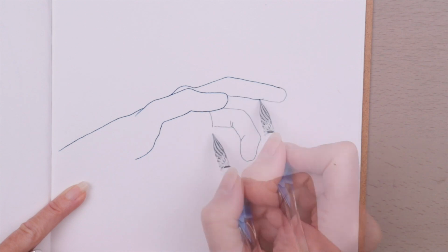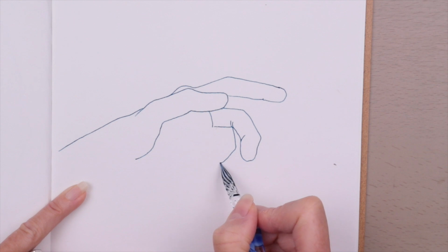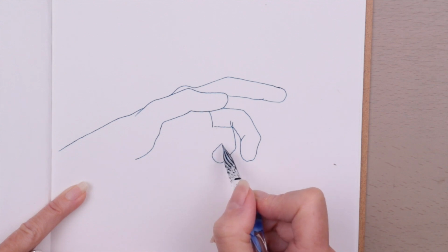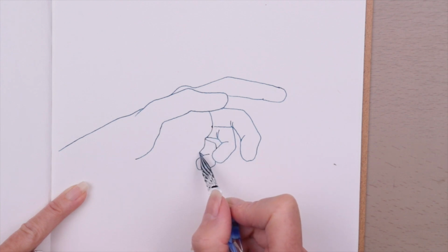I do love drawing hands. There's something I love about hands, and I don't know what it is. What is this ink you're using anyway? What type of ink is it? It comes with its own little bottle of ink, and it doesn't really have a name, but it's sort of,